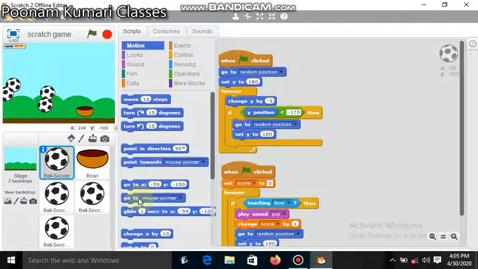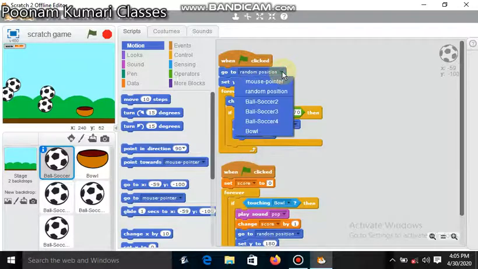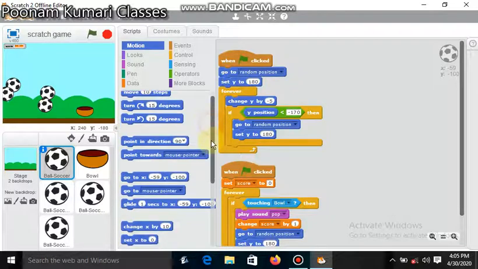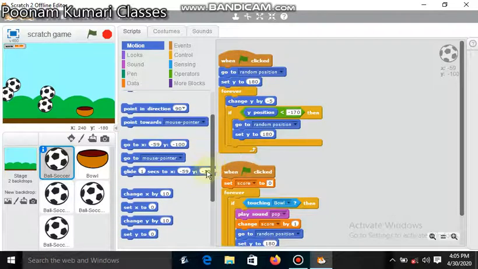Here it is available, go to mouse pointer. When you drag it here, just click on this black one and select random position. Then after that, set y to 180, it is also available here only. See, when you go down, set y to, here 0 is available. When you drag it here, you just have to click on this and write 180.